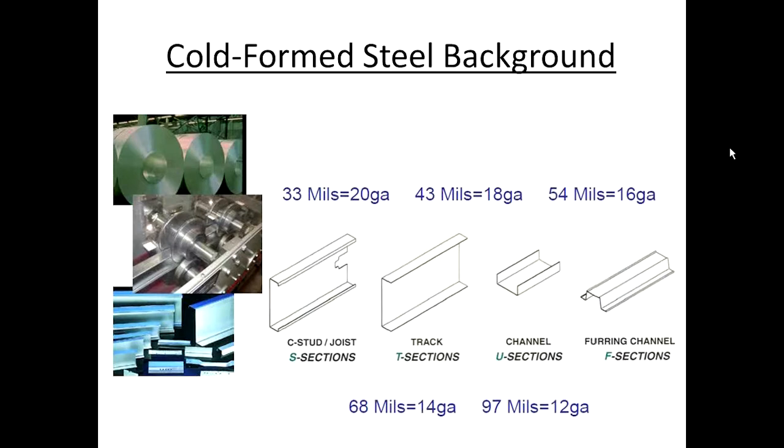And those are the profiles that you will find in the building construction industry, starting with steel studs through here, runner track, drywall furring channels, Z-girts, furring channels, brackets, all coming from a cold form steel process. What we're going to focus on this afternoon is this guy right here, the C-stud or joist. It comes in thicknesses ranging from 25 gauge or 18 mil, 33 mil for 20 gauge, 54 mil for 16 gauge, up to 12 gauge or 97